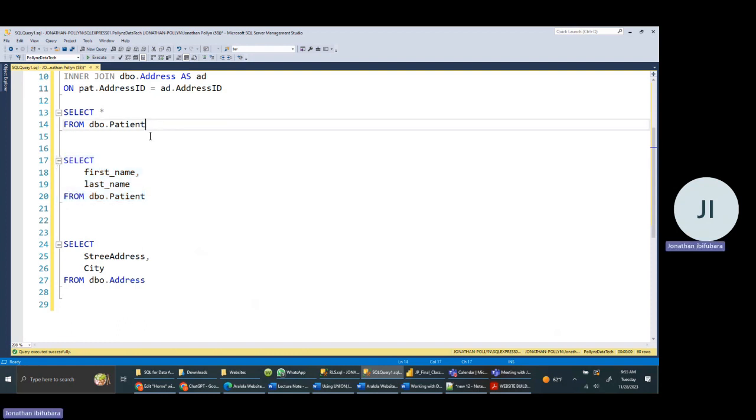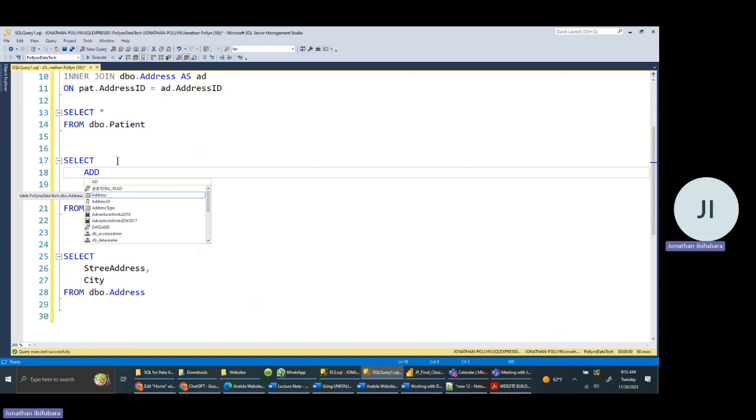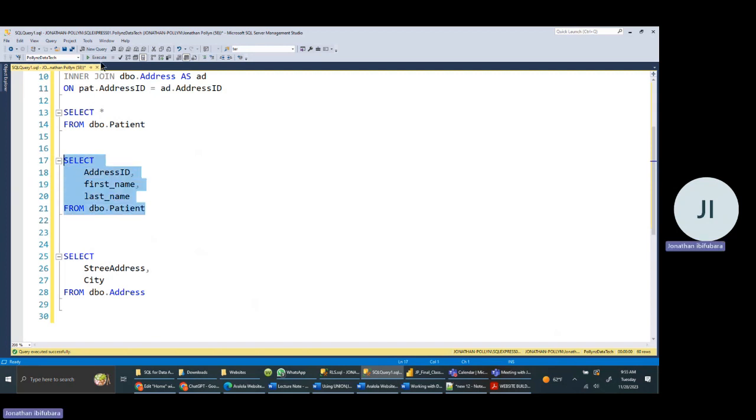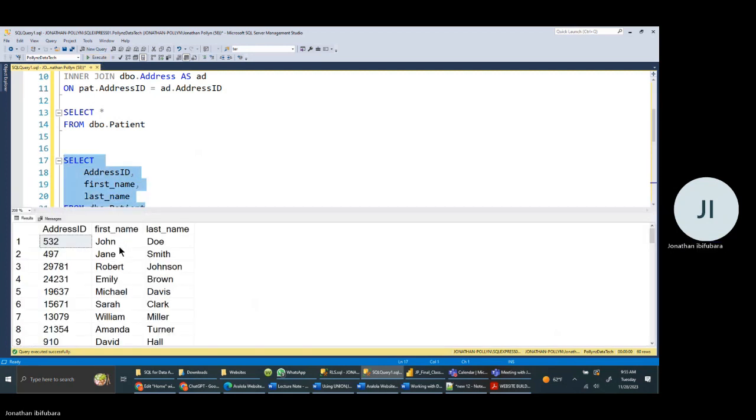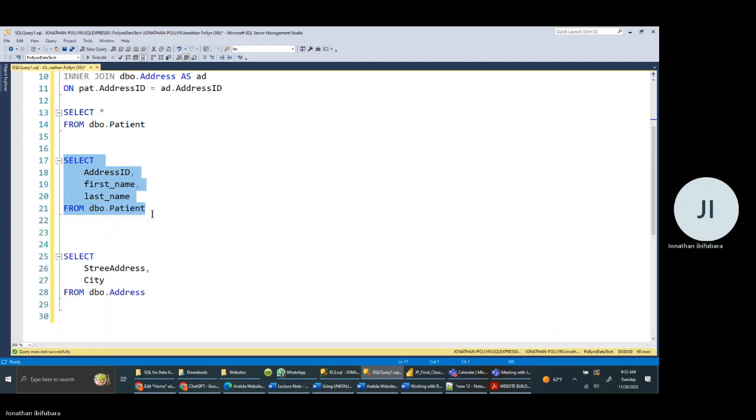So I can come down here, copy this query, but before I do that, because I'm going to be doing a join, I will add the address ID as part of my table column. And if I run this code, I can see that I have address ID, first name, and last name. But my goal is I want to convert this entire thing to a table. So where I call the table on the from clause, I can copy this query,